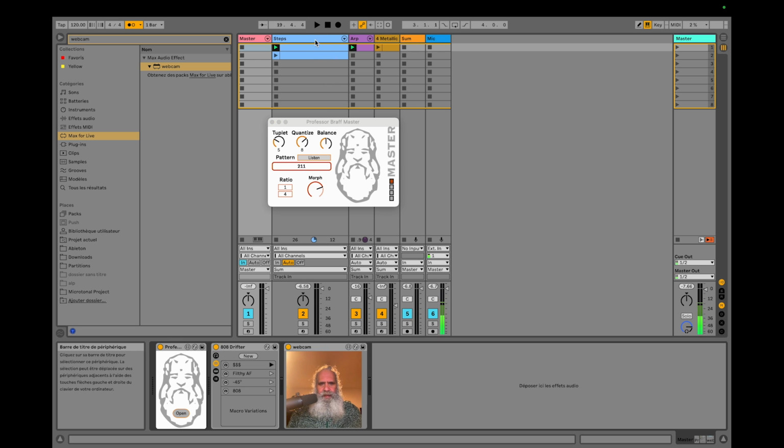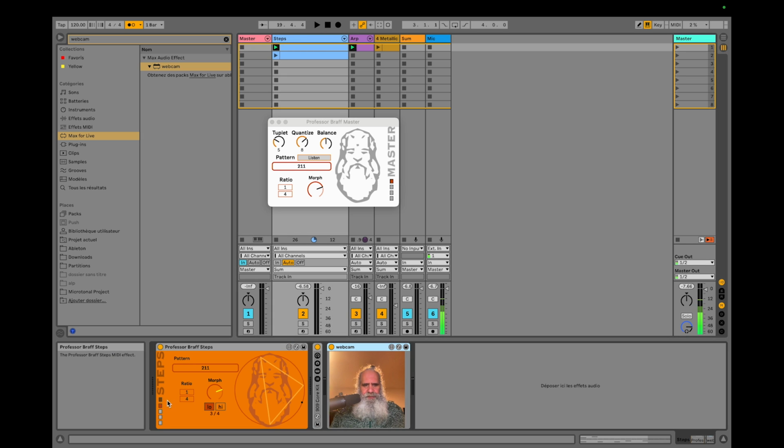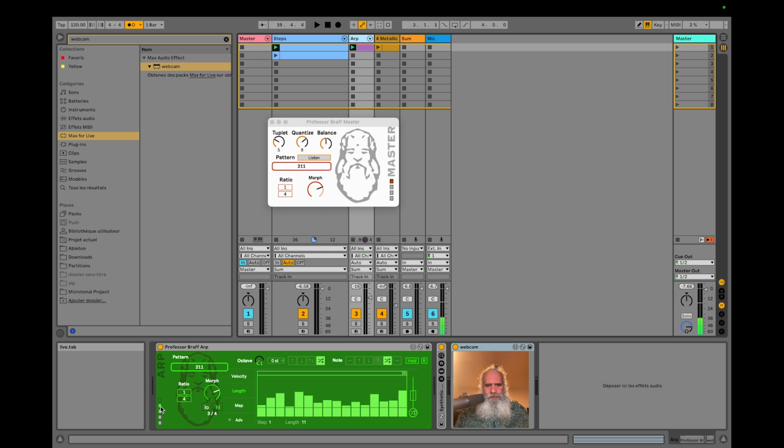So here I have both steps and ARP listening to the same channel, and this is the one I am altering here. But of course, if I go to channel number 2 and I change